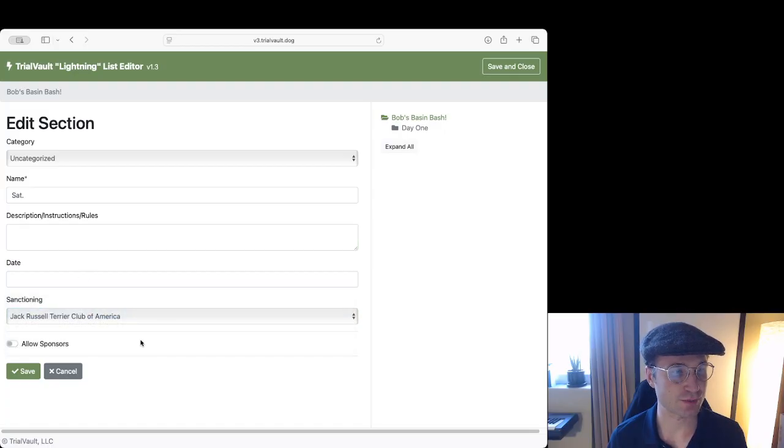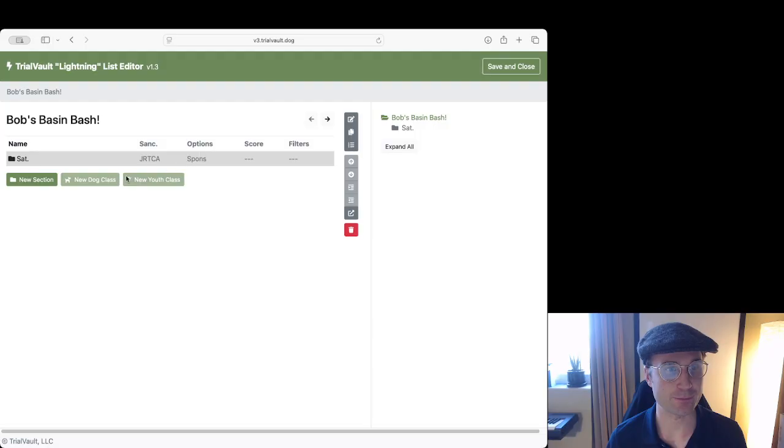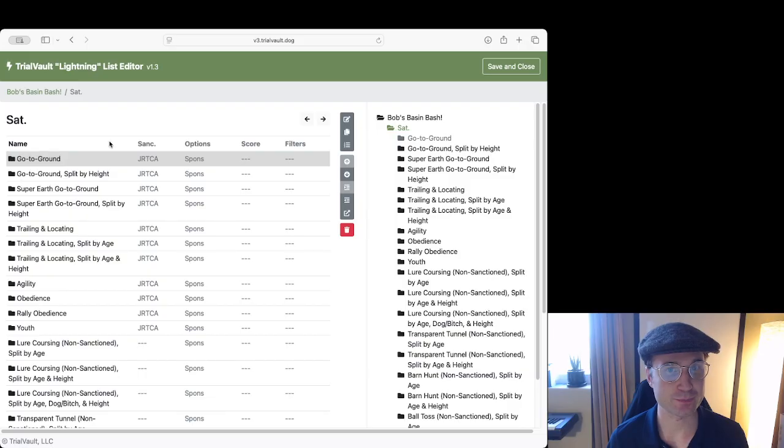Sanctioning, this is sanctioned by the Jack Russell Terrier Club of America. If you want to allow sponsors to sponsor the entire day, you can do that here too. But you can control that with this switch. So you can save that, and that's updated. Now it's called Saturday. Now to actually open up the contents of this section of this day, we double click,